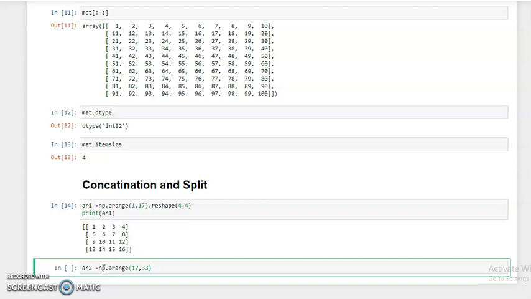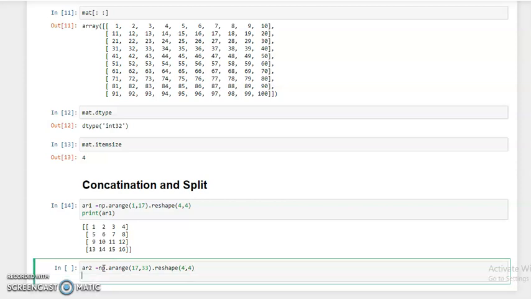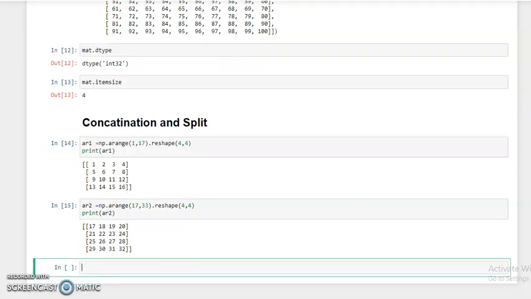Now reshape 4 by 4, 4 rows and 4 columns, and then print ar2 and run. Okay, so this is the other array, ar2, 4 by 4.